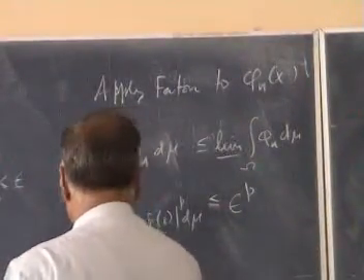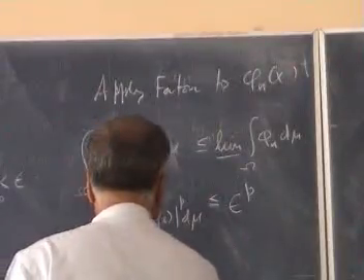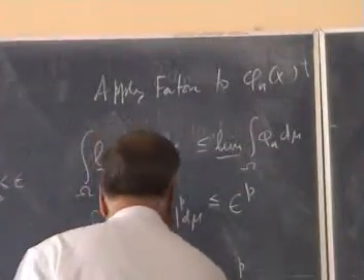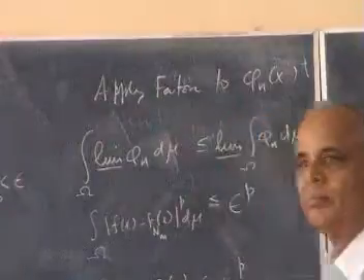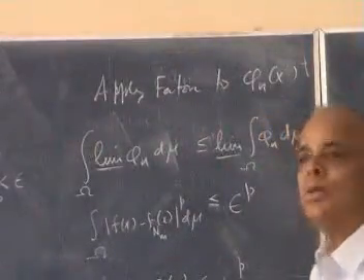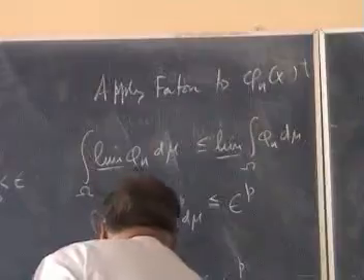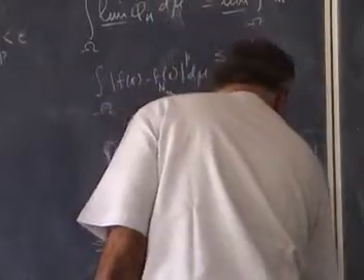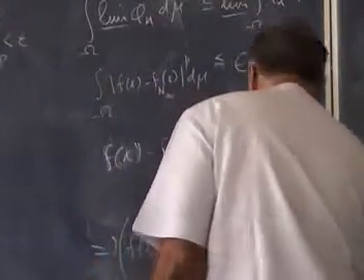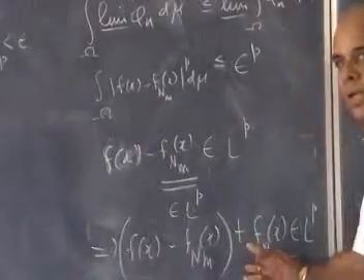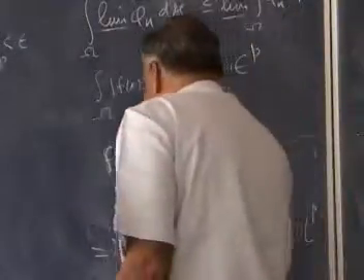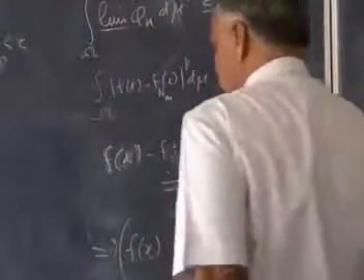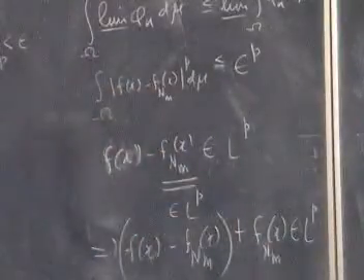Then what does this say? This simply says f(x) minus f_m belongs to L^p. But these fellows are all in L^p. So this plus this also will go to L^p. So f(x) minus f_m plus f_m also belongs to L^p, because this belongs to L^p, this belongs to L^p, sum of two L^p functions is L^p. You have to choose this m sufficiently large. Now we are done,